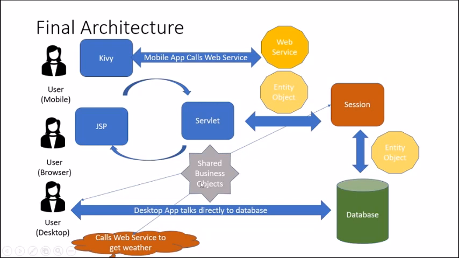Next, we created a call out from the business layer to the web services to get the weather. So that's on someone else's system. Then up here at the top in the yellowish orange, we created a web service that ties into our backend systems as well. Now when we create the mobile app,